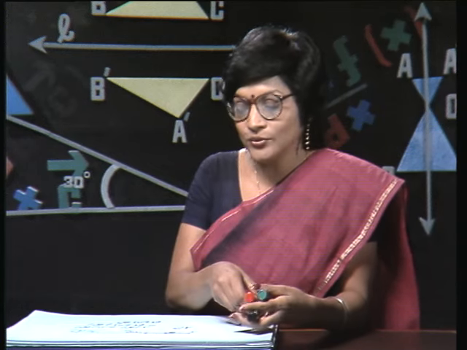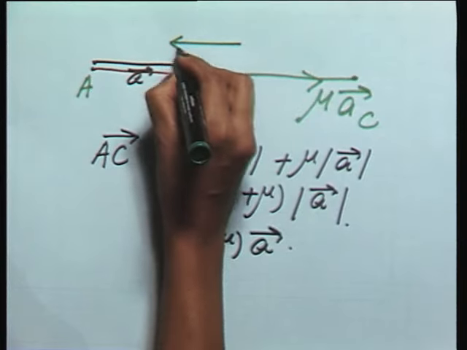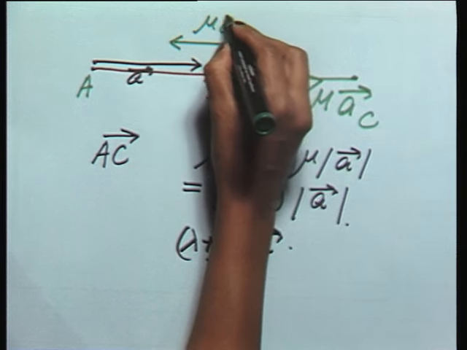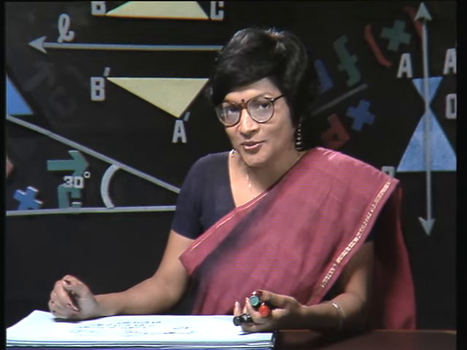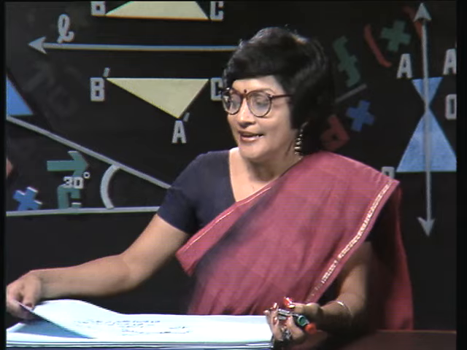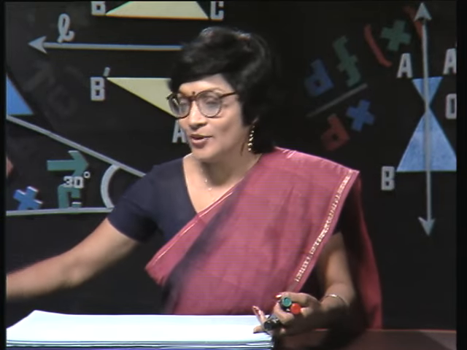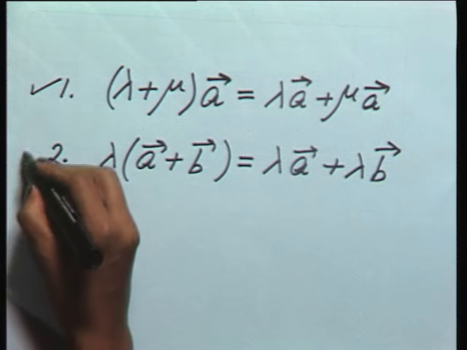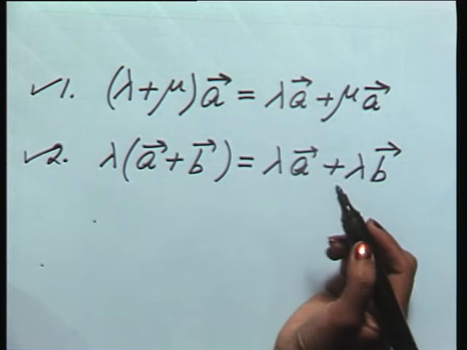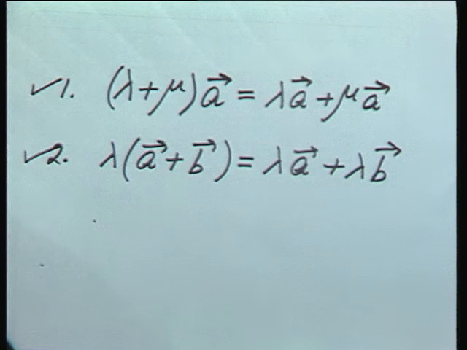All that we have to do is to draw mu A in the opposite direction in the case mu is negative, and then see what happens to lambda A plus mu A. I think it would be an interesting exercise for you to complete. Let us now look at the second property, which we will try to show is also true, and that is lambda times (A plus B) is lambda A plus